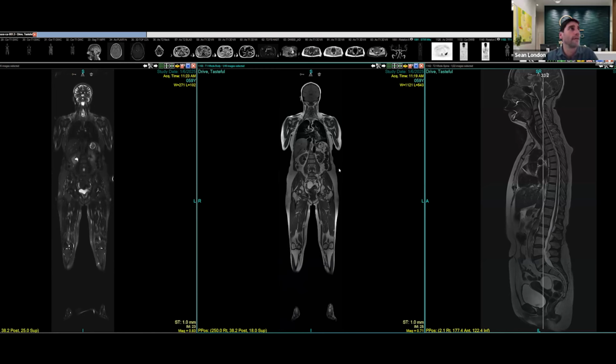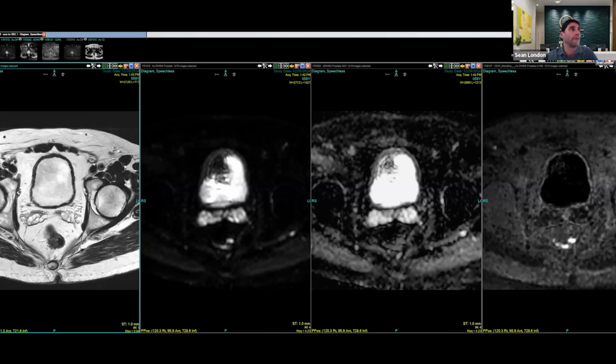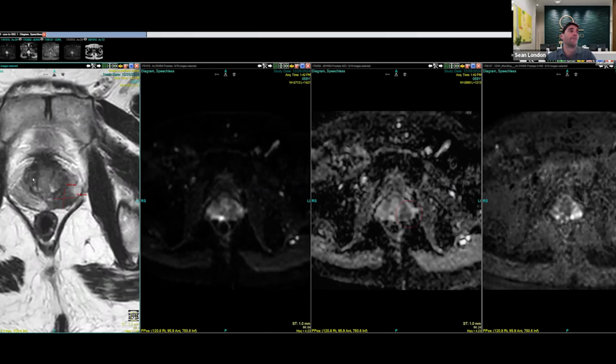I did pull up a couple other cases just to show you some other pathology. This one is prostate. Just since I was showing a female, I wanted to show the difference in the male protocol is that we actually obtain a small field of view of the prostate right here. So that's the bladder. And as I scroll down, here's the prostate. And really what we're looking for is we're screening it to look for any kind of signs of inflammation, enlargement,